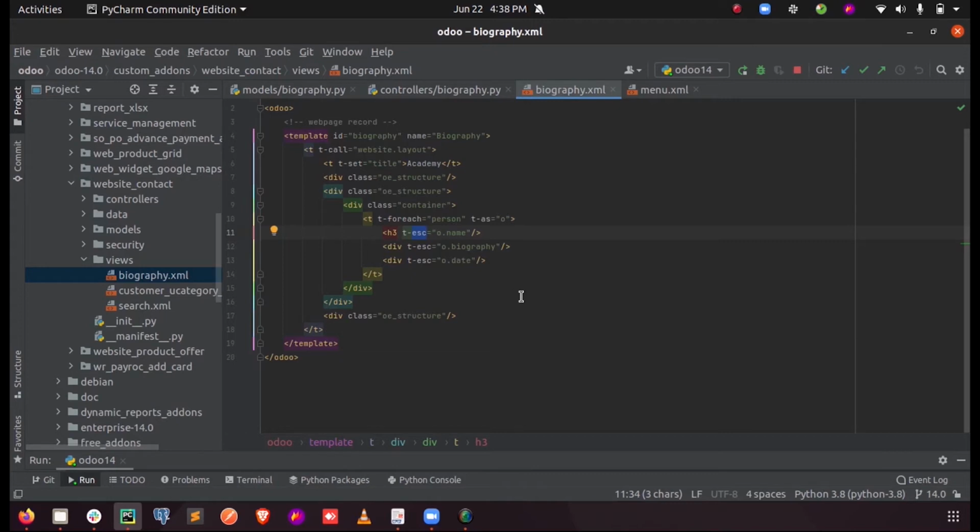We use t-esc because while running the code itself, it will evaluate and allow us to print the data. Meanwhile, if we are using the t-field option, just changing this to t-field.